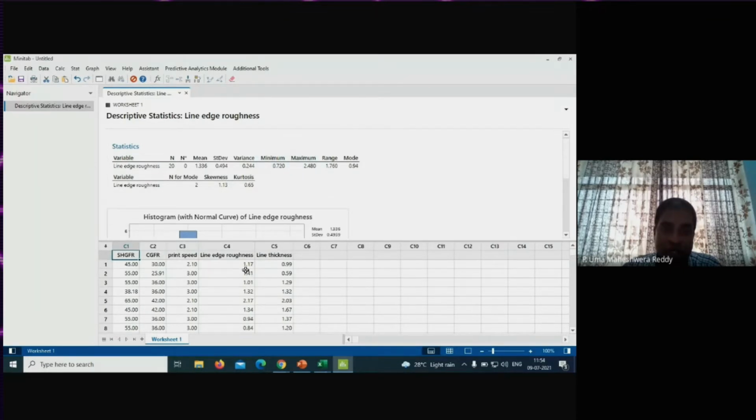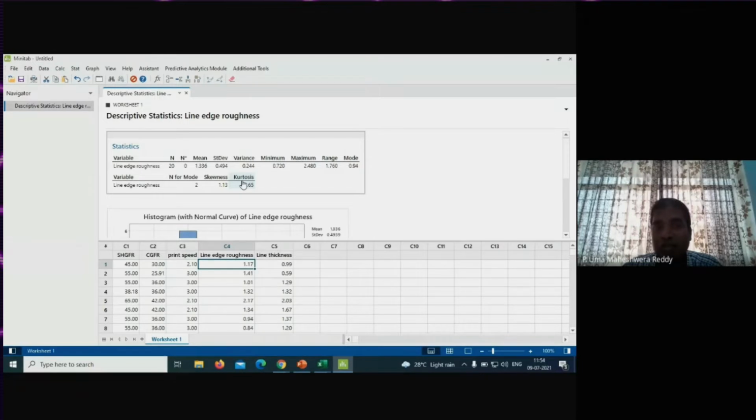You can verify here, line edge radius. So the minimum value and maximum value, you will get the same values here, and the mode of the data. And other values, you can see the skewness, kurtosis. Skewness and kurtosis are two terms which are used to define the quality of the normal distribution. For example, with skewness, you can understand whether the normal distribution is biased towards the left side or right side. And kurtosis value is required sometimes to understand whether the distribution has a high tail or low tail with respect